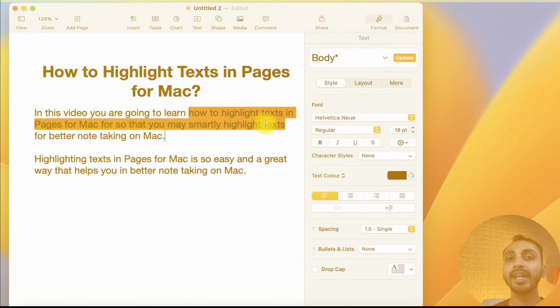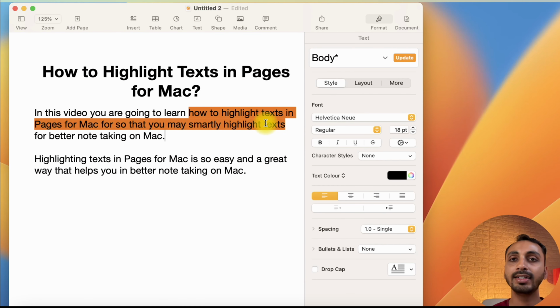But obviously there are more ways as well for highlighting text in Pages, and I'll cover that in some other